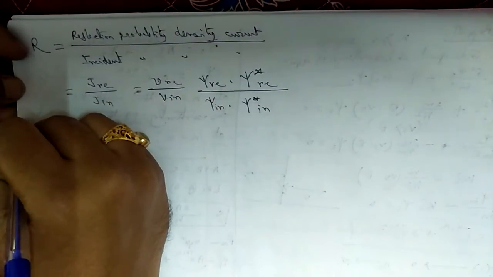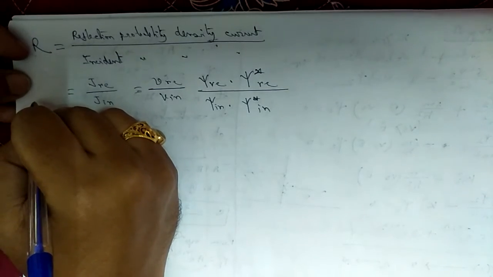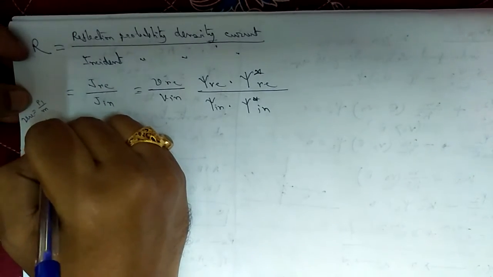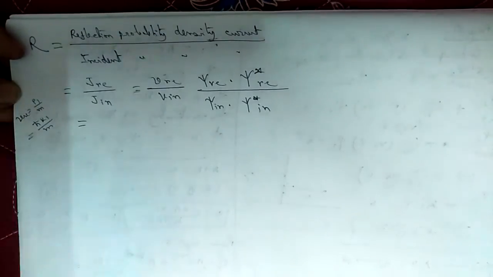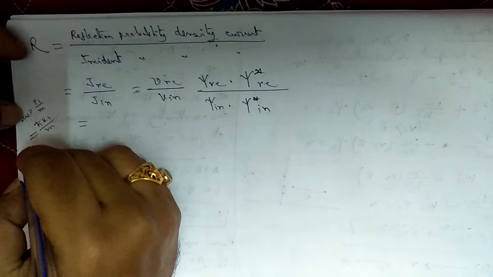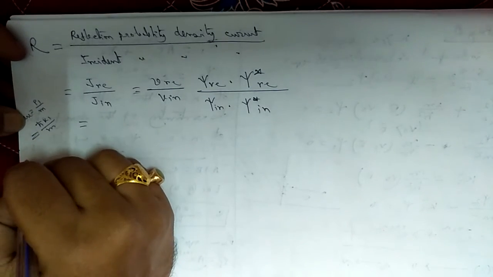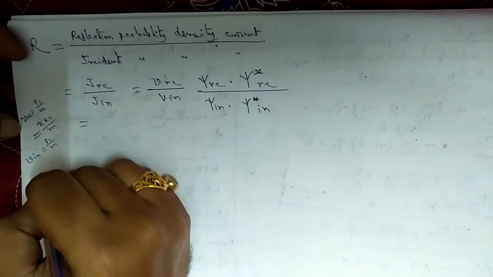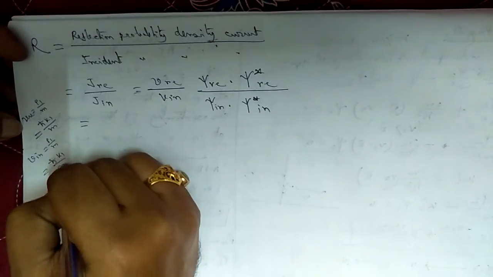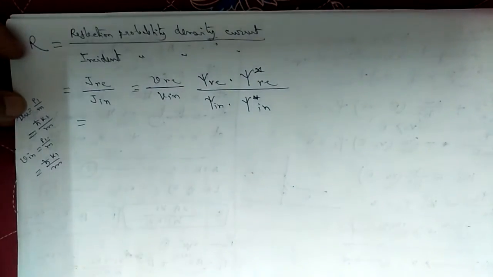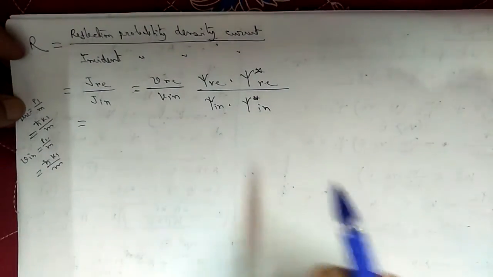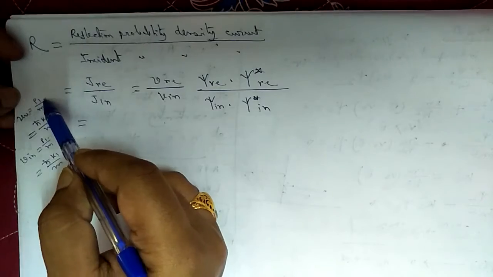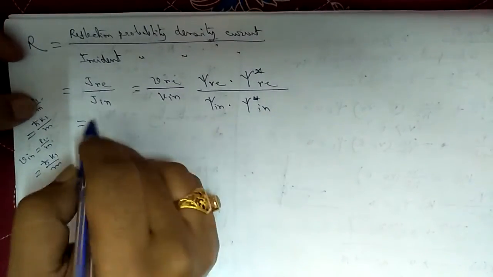So how to calculate V_RE by V_in? Last day we have shown that V_RE can be calculated as P1 divided by M. P1 again can be written as h cross k1 divided by M, since P1 equals h cross k1 from the de Broglie hypothesis. V_in can also be written as P1 by M, that is h cross k1 by M. Both are P1, because the reflected wave function and the incident wave function both lie in the same region, region 1. So V_RE by V_in will cancel out.